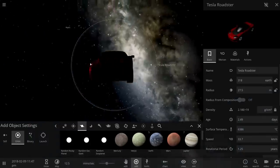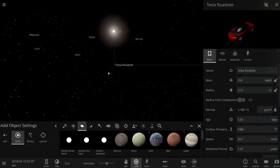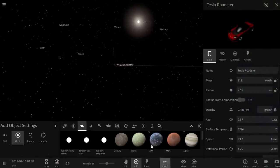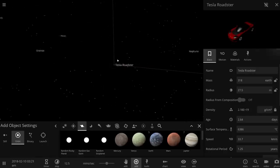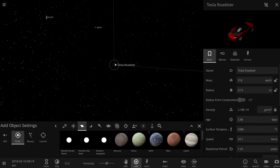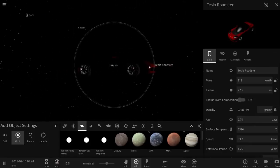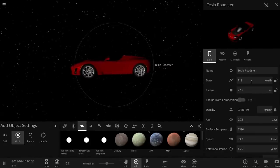It is the mass of Jupiter, so it's actually going to start attracting our planet Earth very, very soon, wherever that planet is right now. Oh, it already is. Look at that. And the moon is very quickly moving toward us, and so is the Earth actually. So we expect a collision from our moon relatively soon. But this is not the end yet. We're going to keep going and going and going until basically we reach a mass that's even higher than this. Let's go for like